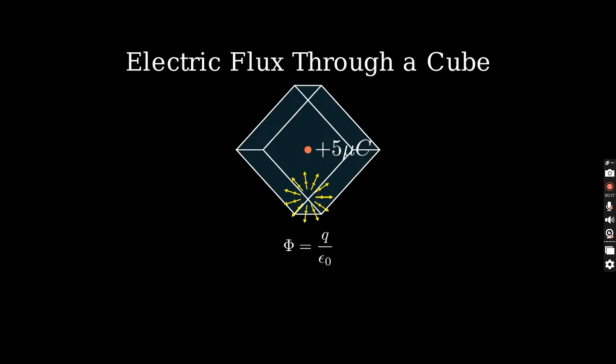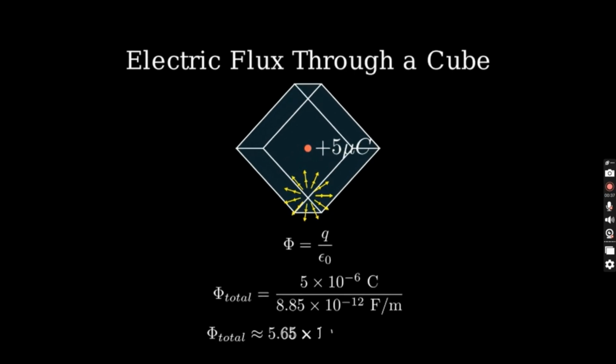Gauss's law states that the total electric flux through a closed surface equals the enclosed charge divided by epsilon naught, the permittivity of free space. Let's plug in our values. We have 5 microcoulombs, or 5 times 10 to the negative 6 coulombs, divided by epsilon naught, which is 8.85 times 10 to the negative 12 farads per meter. When we calculate this, we get a total flux of approximately 5.65 times 10 to the 5th Newton meters squared